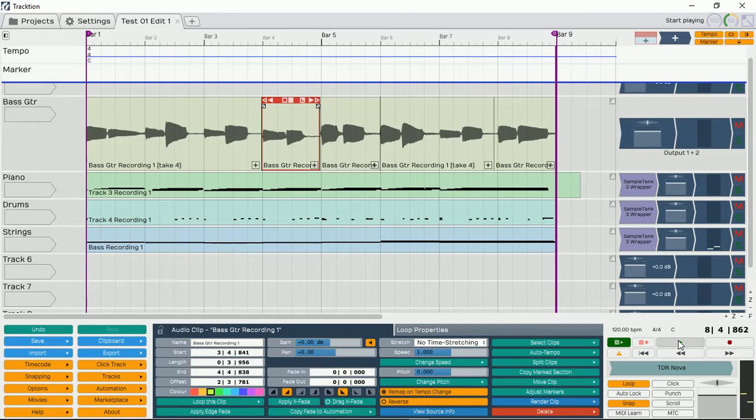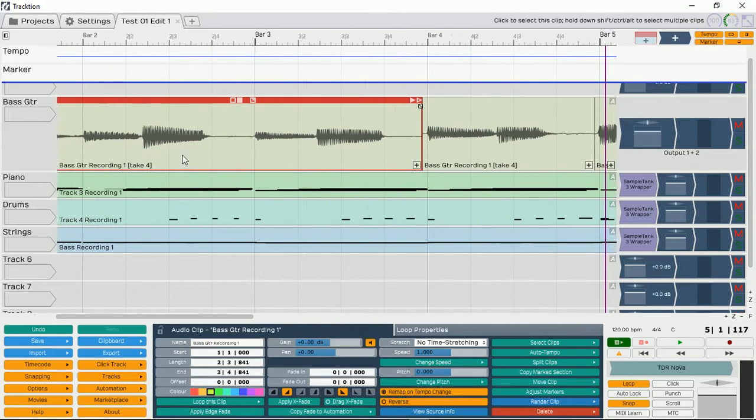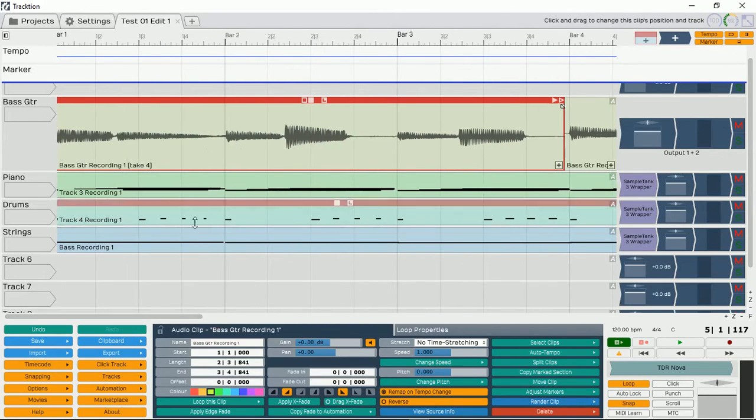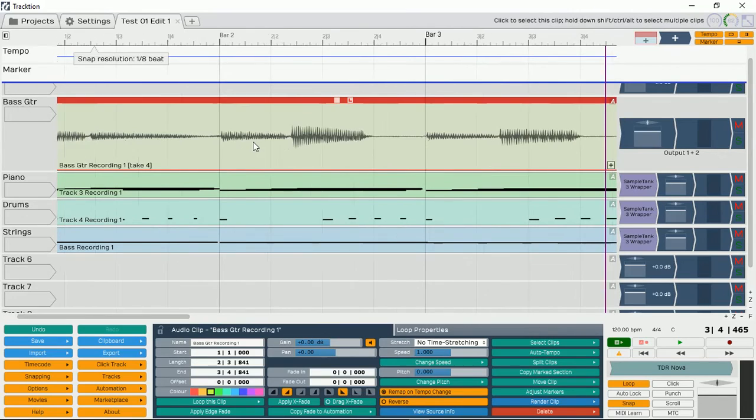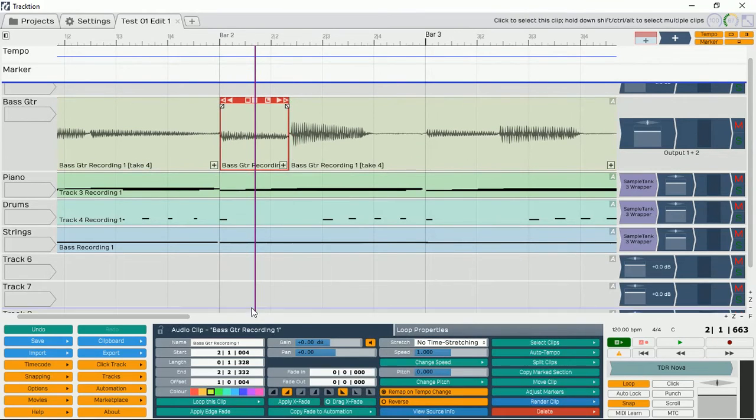Okay, so that's close enough. But as you can see, we've got lots of variation in the energy of each note that I've played. So that's low and that's high and low. So let's get into a bit more editing. Obviously that note is quite low. Again, I'm just going to put my cursor right there, split it, put it right there, split, select that one,